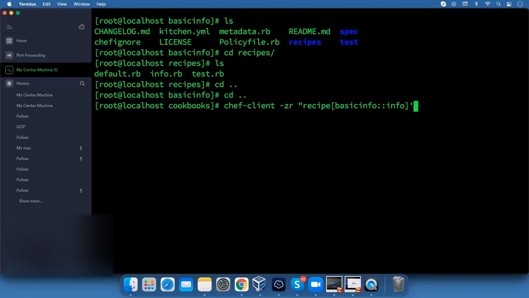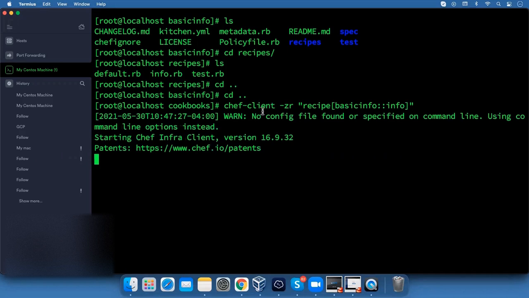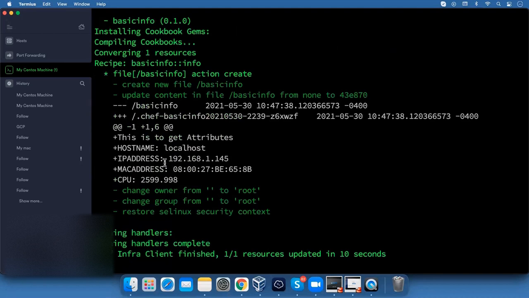When I enter this, I will get the basic information of my machine in a file. So the code is running. You can see hostname is localhost, IP address is this, MAC address is this, and the CPU is this. And it changed the owner of the file to root.